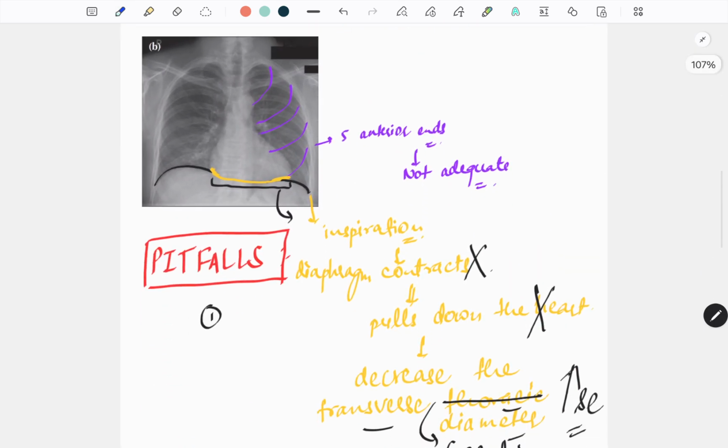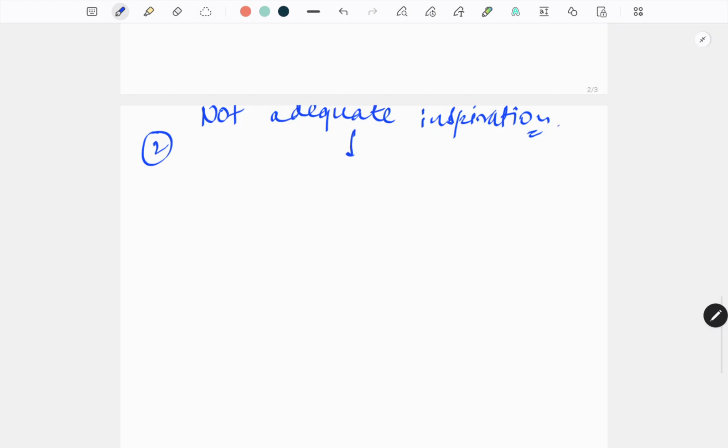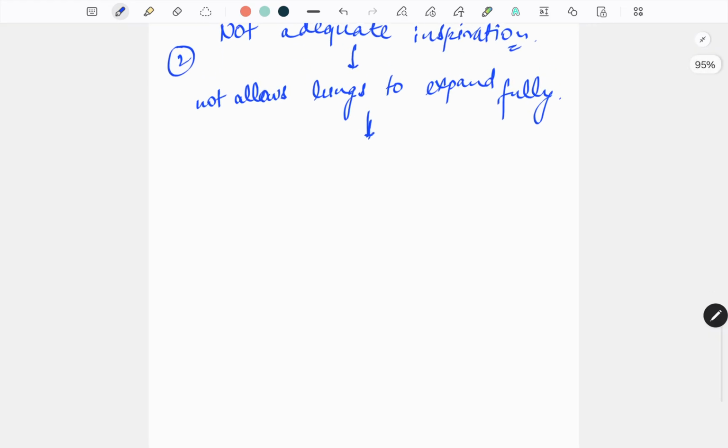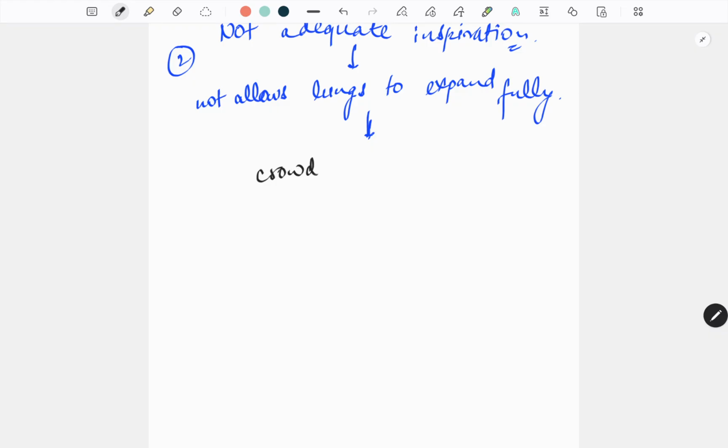It will not allow lungs to expand fully. Then what will happen? We'll see crowding of vessels on